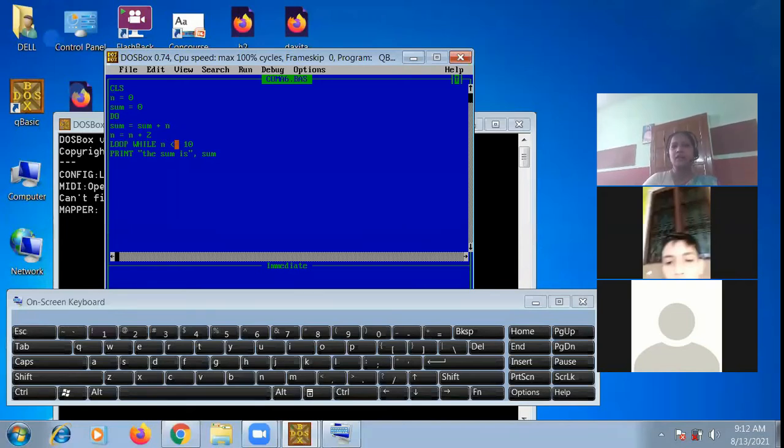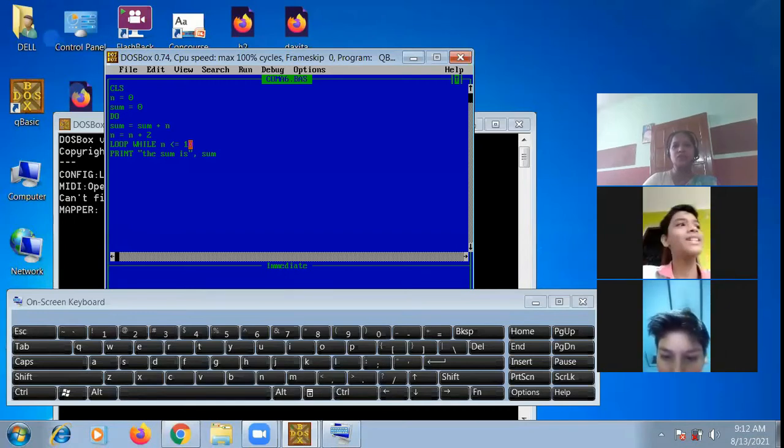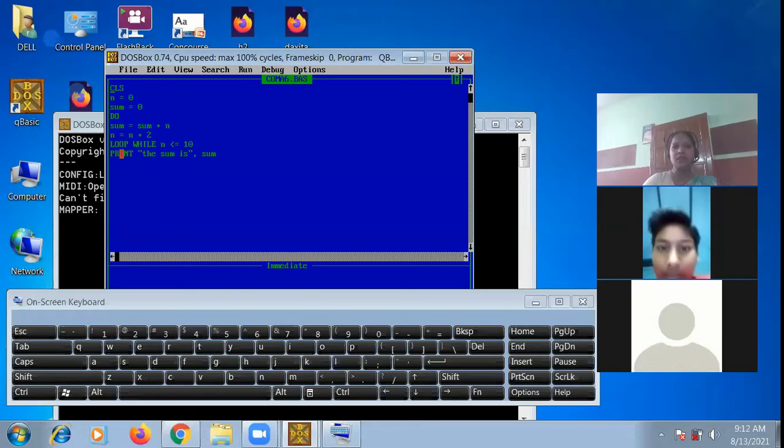Then after giving all the calculation equations, you can type loop while n, means the loop will run up to what time. The loop will run until the n value reaches 10.